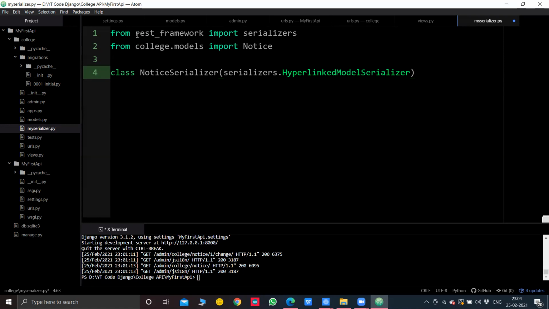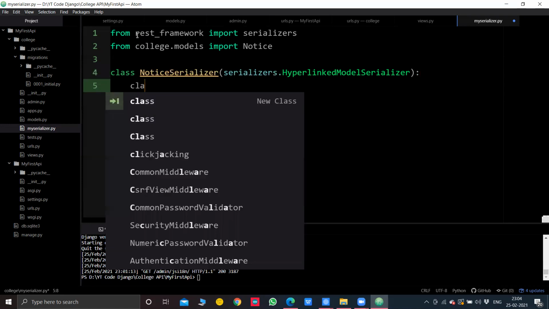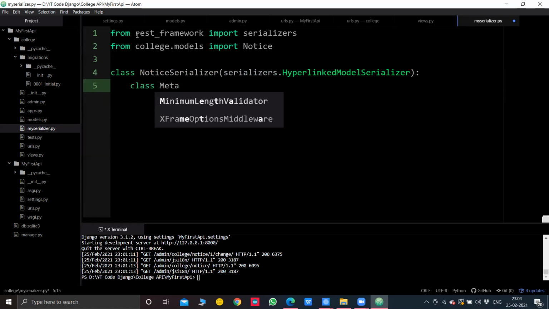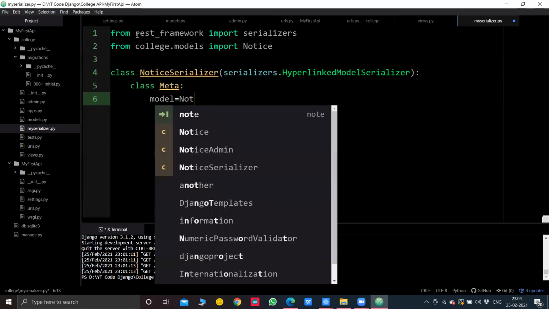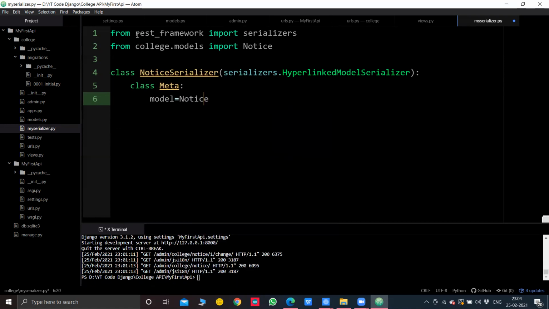So now when you use HyperlinkedModelSerializer, inside that you have to create a Meta class. A Meta class is just the syntax here. If you want to dive into what a Meta class is, search through the documentation or Google it. I don't feel it's important right now to mention what a Meta class is. Just remember the syntax. Inside the Meta class we have to mention model equal to the model name, that is Notice,